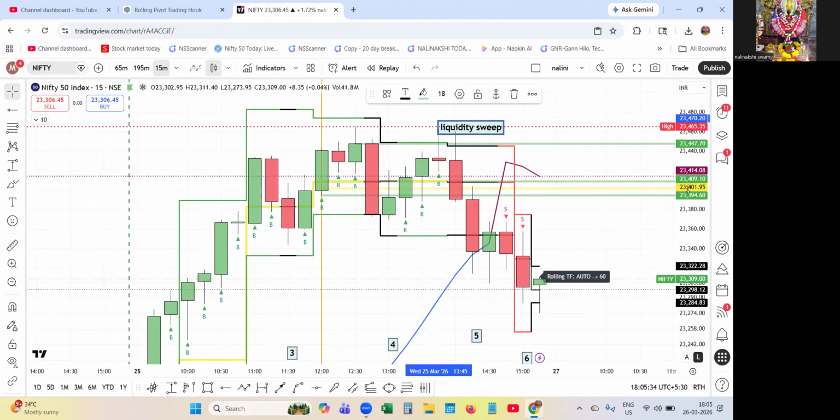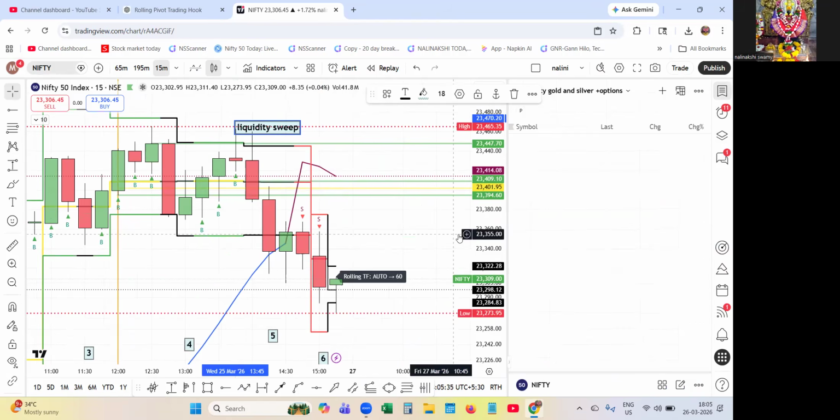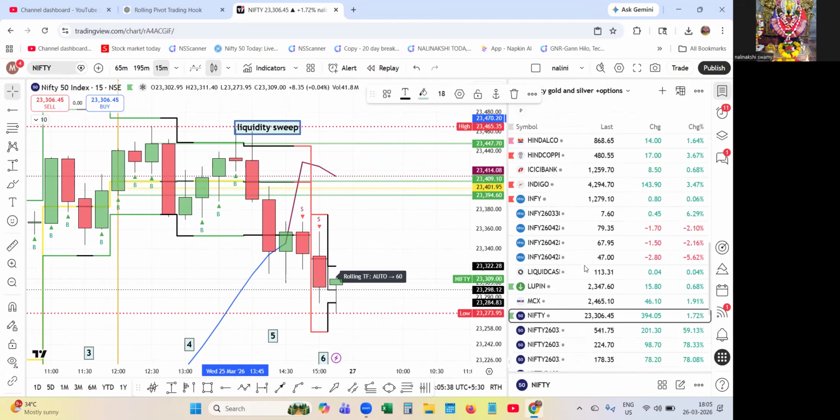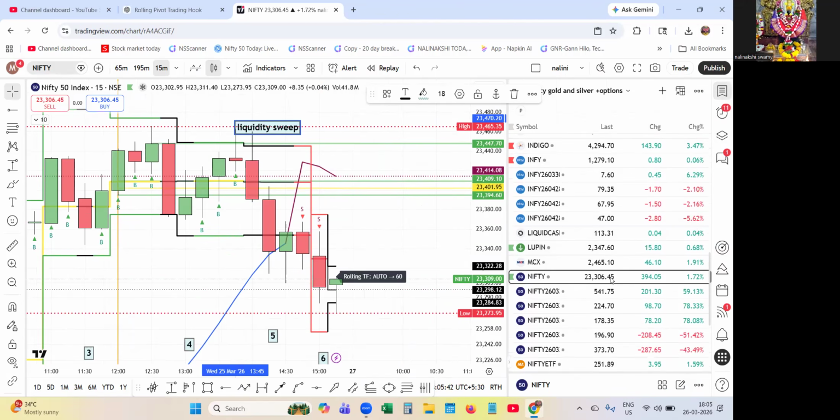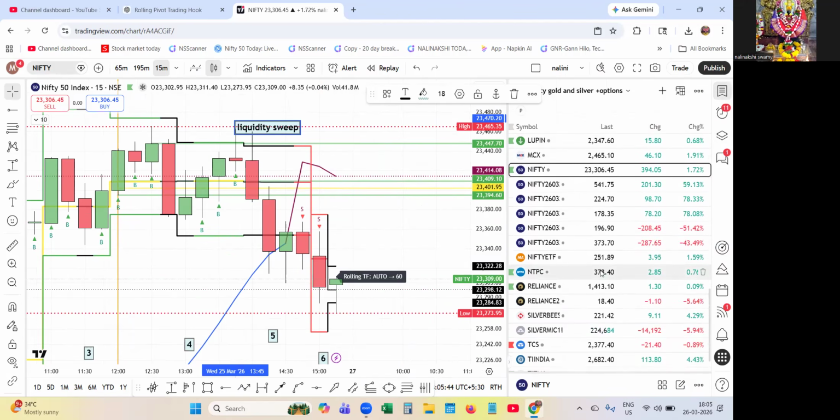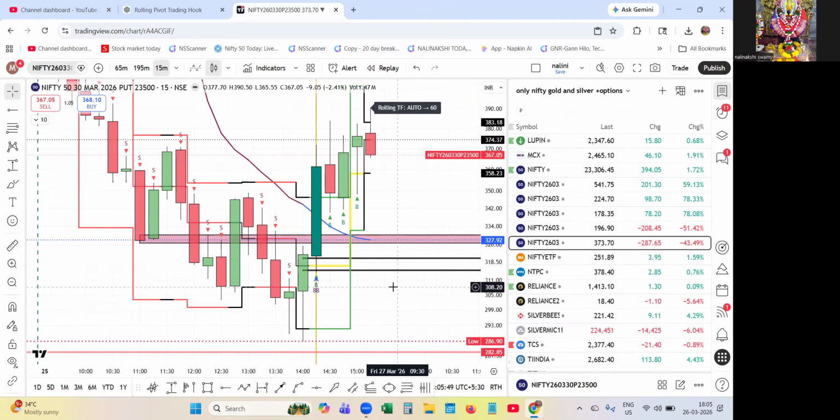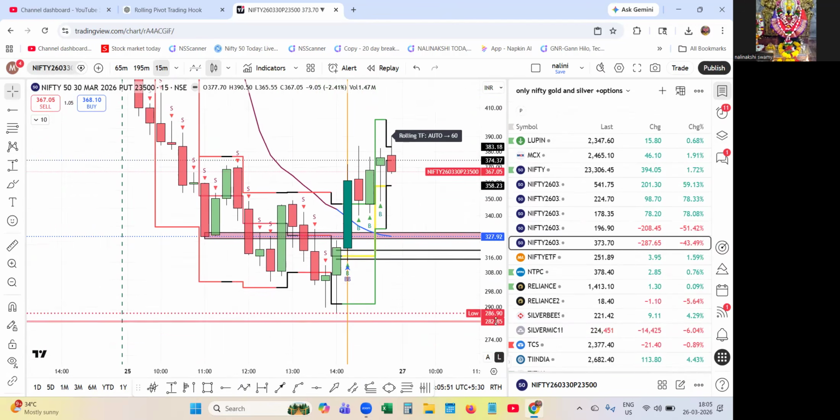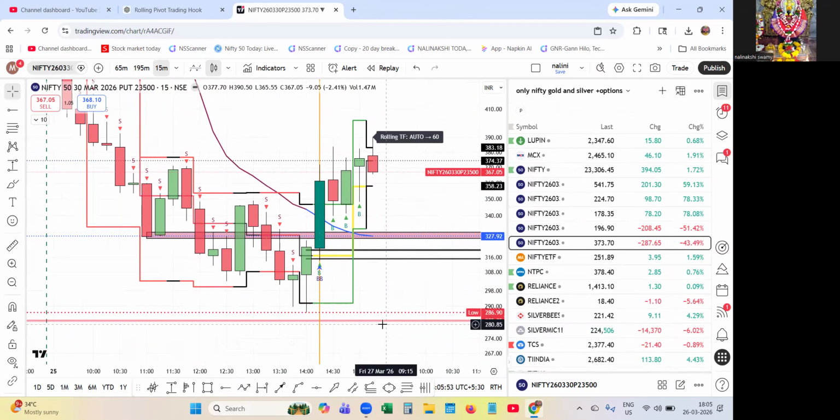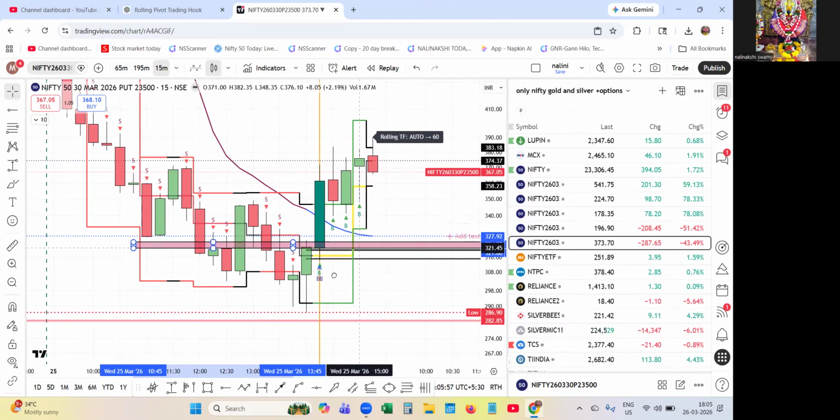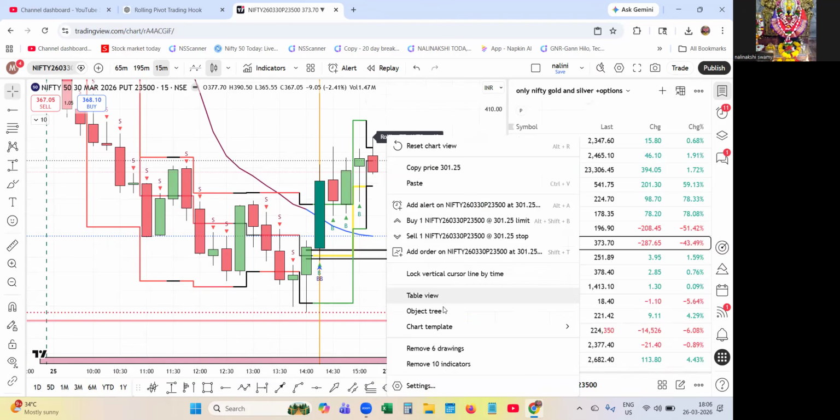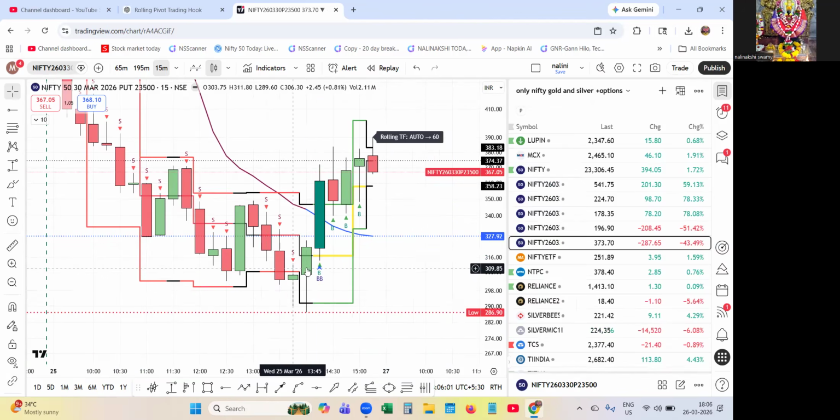23,400 means, let us go to 23,400. There is a 500 put option already there. This is the put option, 23,500 put option. I've already marked the levels on my chart. See, so beautifully, correspondingly, again I'm going to do the same procedure at